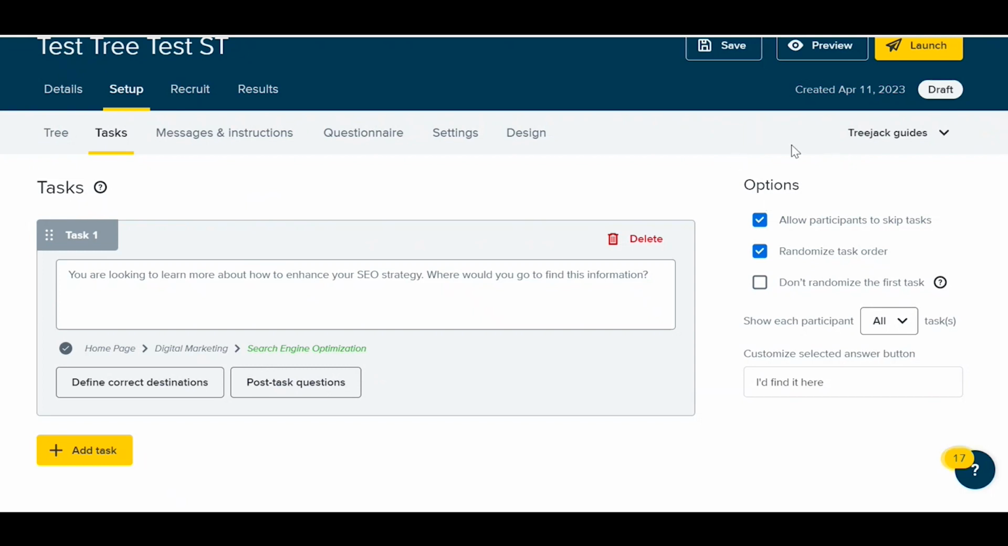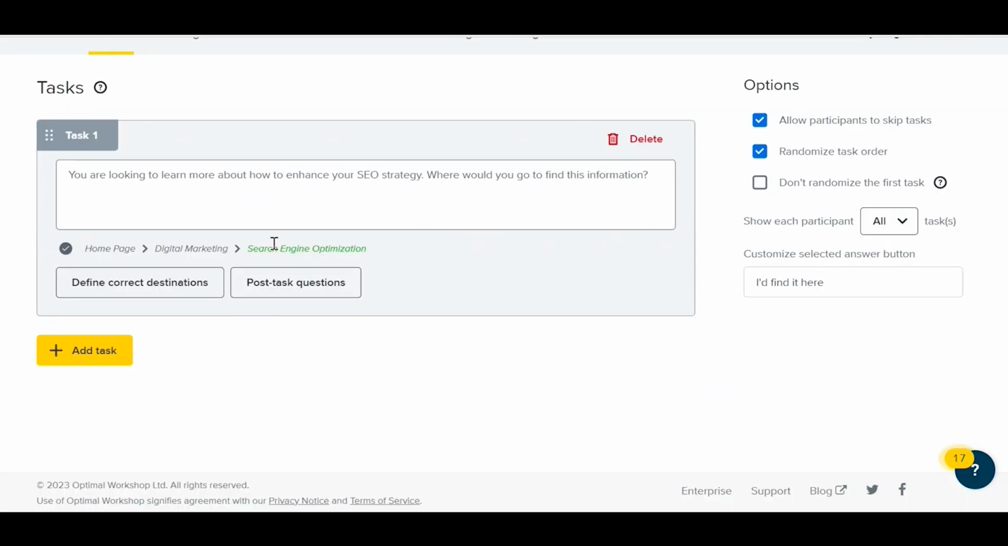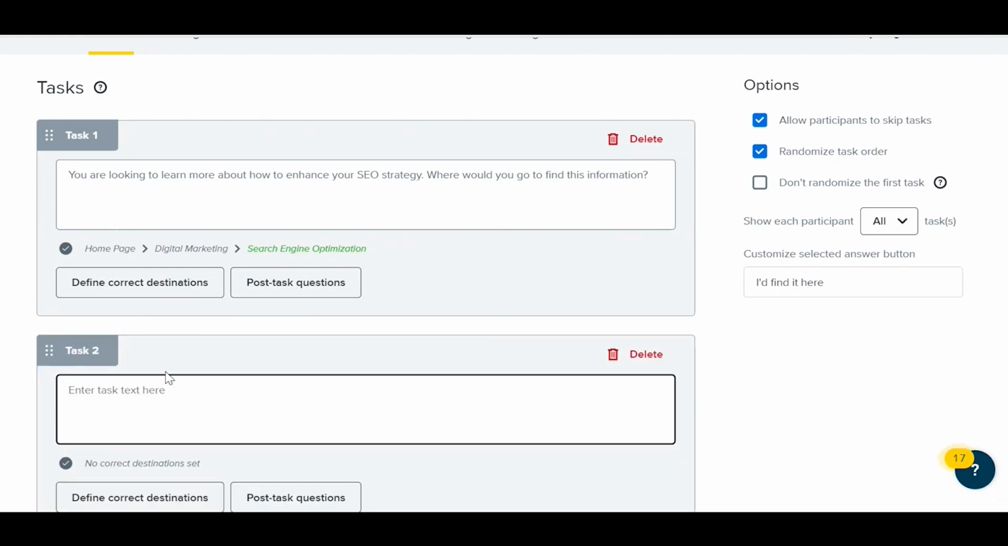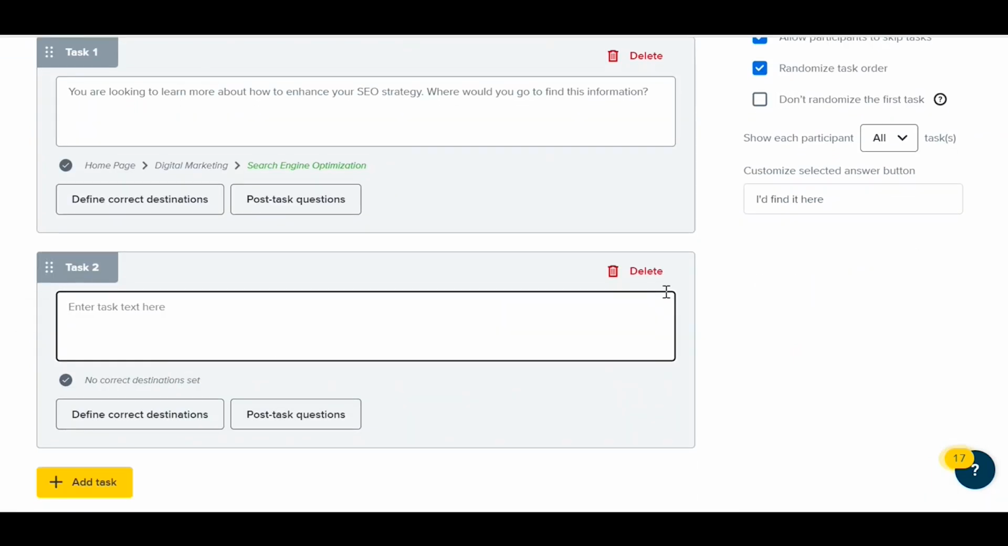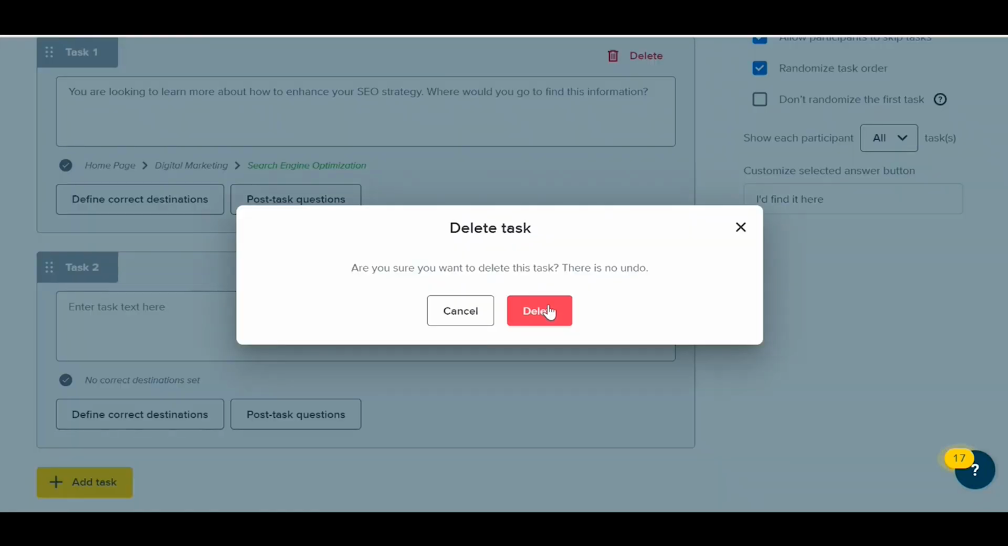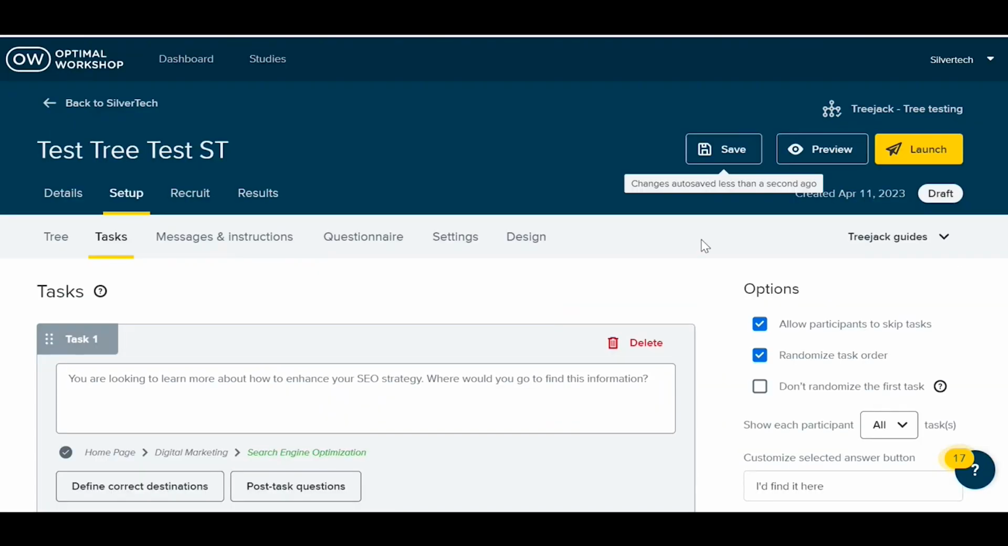Additionally, you have other options over here, such as allow participants to skip tasks and randomize task order. We typically leave these checked as it's important that different users get the questions in different orders to limit the bias. Once you have set up all of your tasks, such as adding an additional task, maybe you have 5 or 6 tasks, and in line with your navigation, and that's how you would delete a task as well,